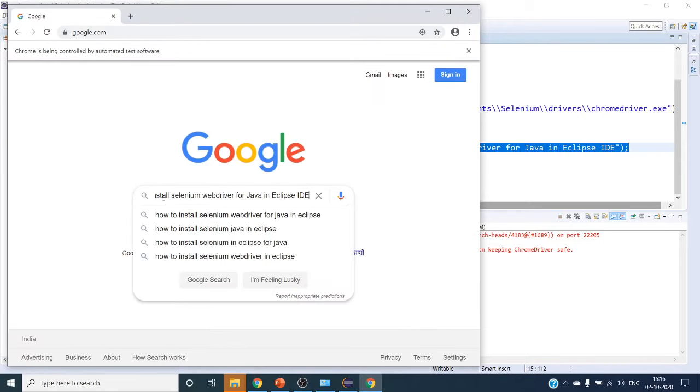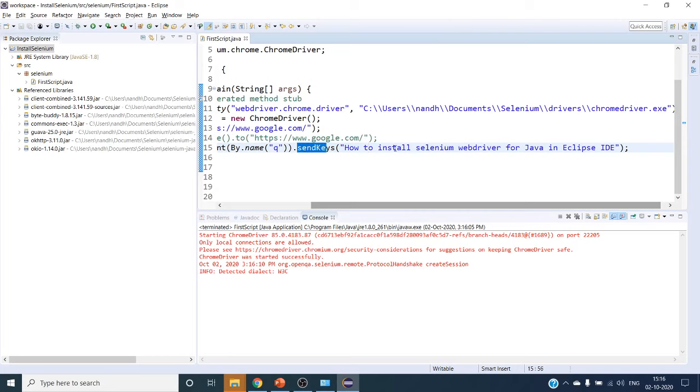Here you can see it is typed. But why is it not pressing the enter key? For that we have to use the Keys class and the enter key. Along with the text, you have to pass Keys.ENTER.